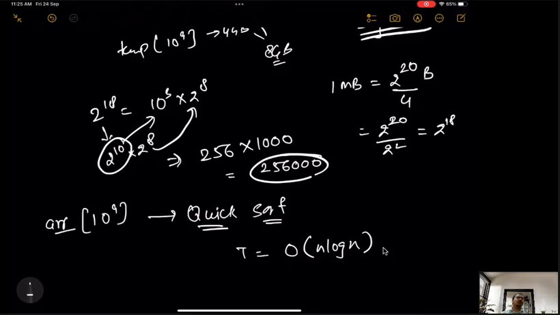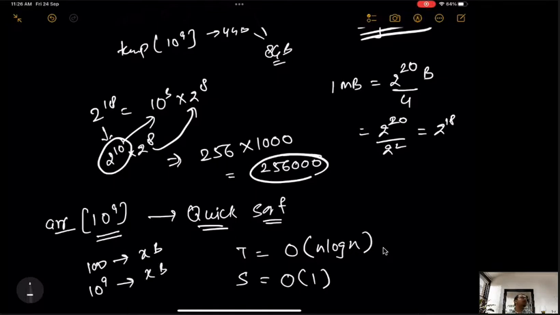Now we are not talking about time complexity, since we are talking about space complexity. So space complexity of quicksort is big O of 1, that is constant. What it means is, in quicksort, if I have array of size 10 to the power 9 or array of size 10 to the power 18 or anything, I don't need extra space. Or if at all I need extra space, that is constant. That is, if I have to sort 100 numbers, then also I will take, let's say, x bytes, and if I have to sort 10 to the power 9 numbers, then also I need x bytes. And this x byte will not change on the basis of the number of inputs.